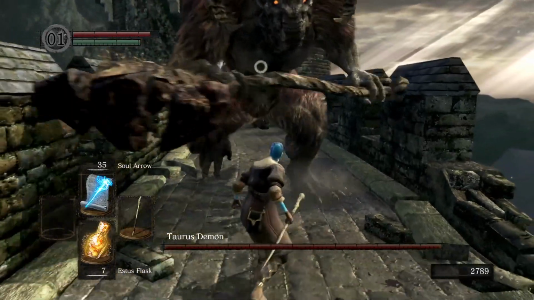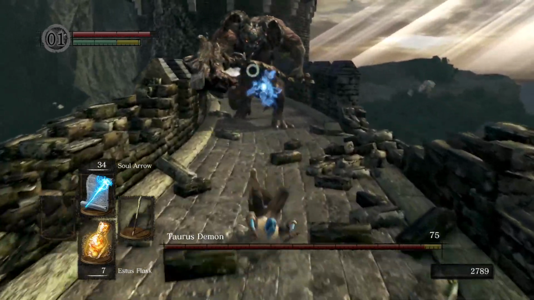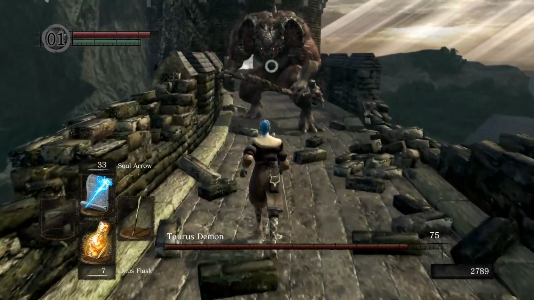So this is how the mage works. You go in close, bait an attack, back off, and you cast. Go in close, bait an attack, back off, and cast. Okay? Now he will gain...